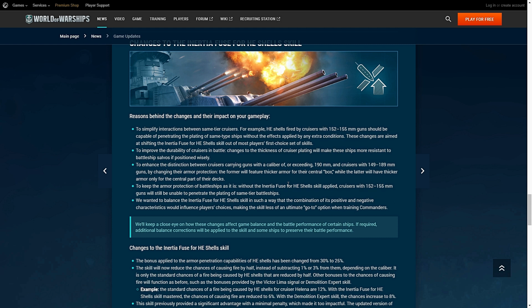To improve the durability of cruisers in battle, changes of thickness in cruiser plating will make these ships more resistant to battleship salvos if positioned wisely. To enhance the distinction between cruisers carrying guns of calibers exceeding 190 millimeters and the cruisers with 149 to 189 millimeter guns,